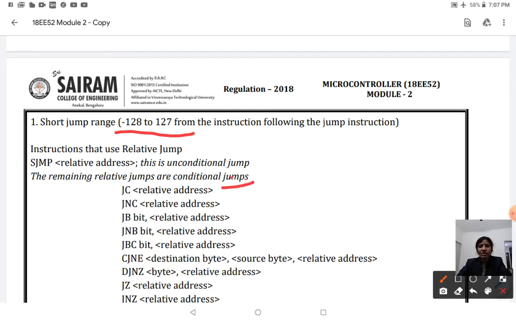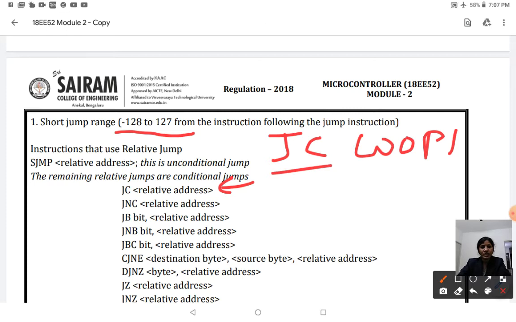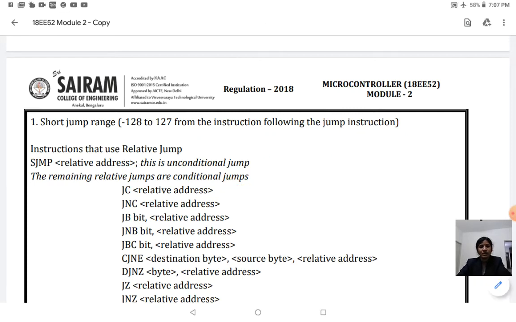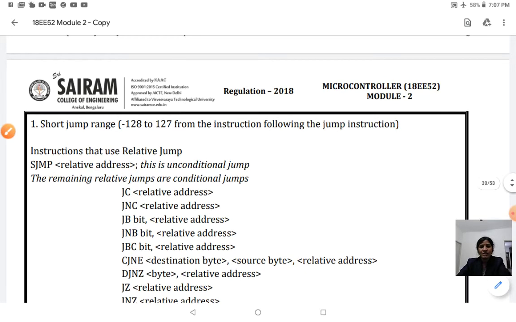So first one, jump on carry. All these instructions are conditional jumps. JC: jump if carry is 1. For example, if you give JC loop 1, and this condition is satisfied, then it goes to loop 1, else it follows the next instruction. Second one, JNC, which means jump on no carry.